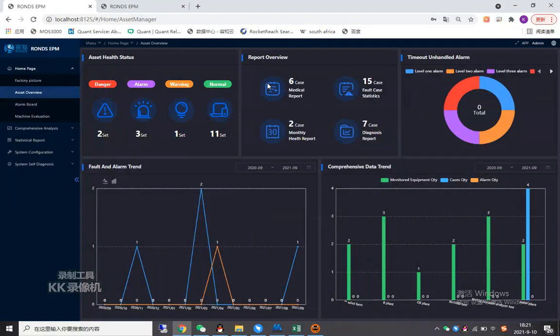This is the interface of EPM. Let's see its modules one by one. First, home page, asset overview. Here we can see some statistics information of asset health status, report overview, timeout, unhandled alarm, fault and alarm trend,